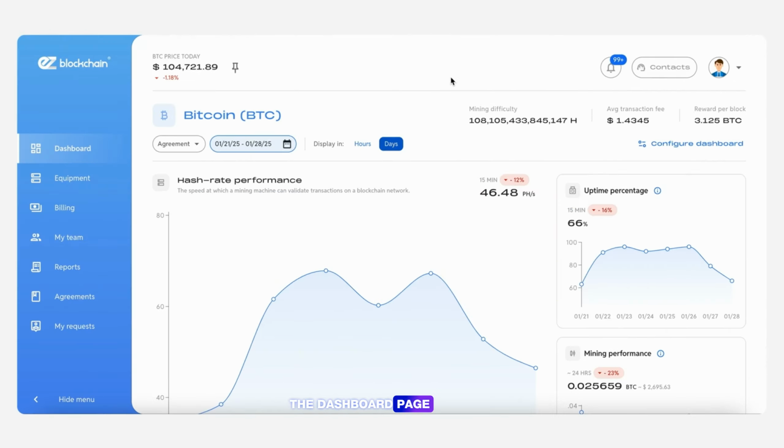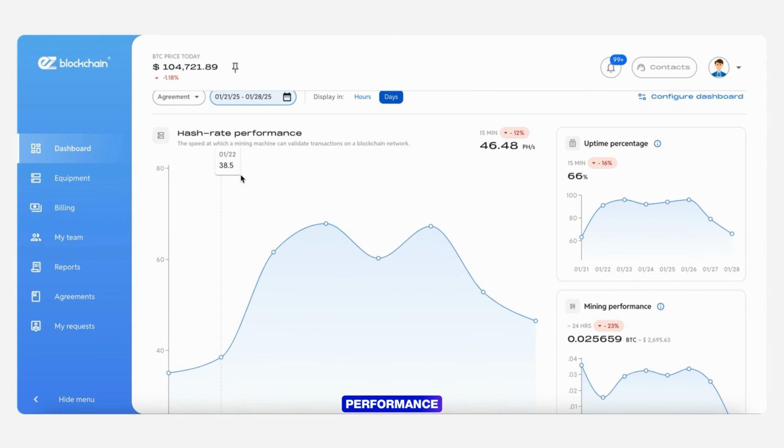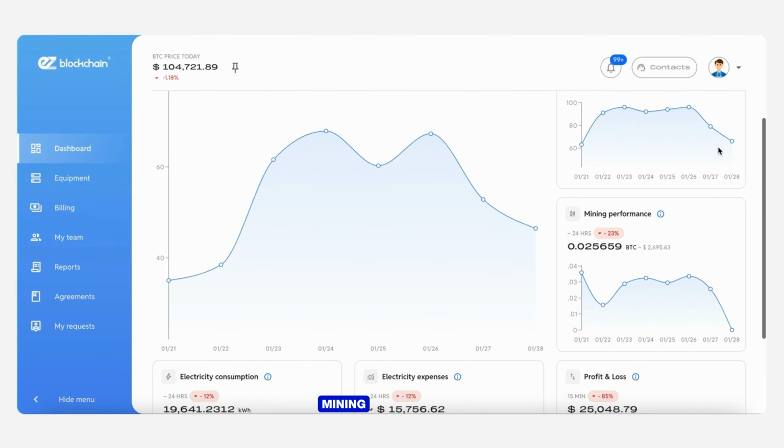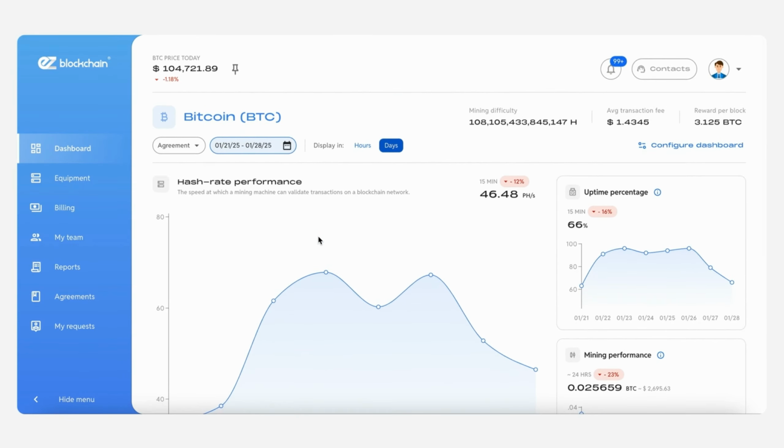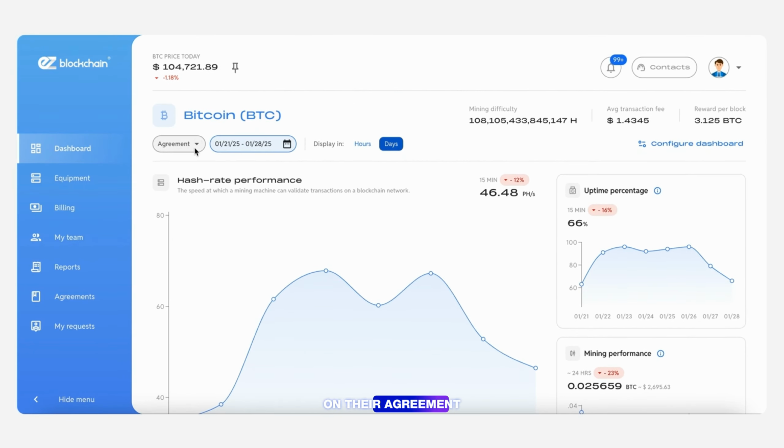The dashboard page provides users with key performance insights for their ASICs. This page displays data through 6 widgets, each representing different performance metrics: hashrate performance, uptime, mining performance, electricity consumption and expenses, profit and loss. User can filter data based on their agreement